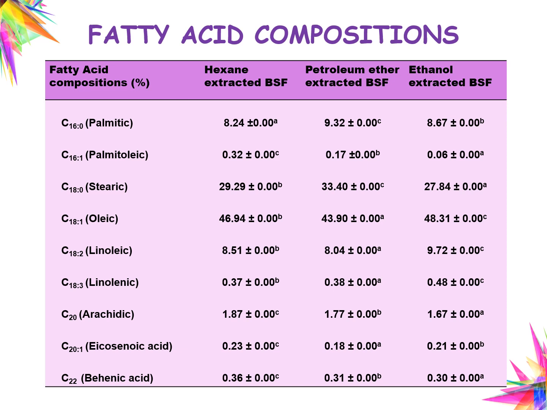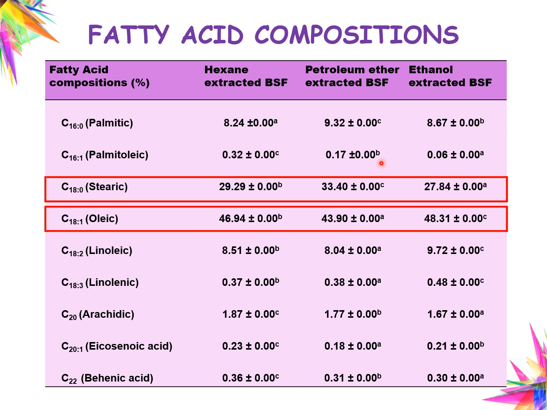Next, the fatty acid composition. This table shows the changes in the fatty acid profile for the extracted Bambangan seed fat. From this table, we can see that the stearic and oleic acid for the three extracts were significantly affected by the extraction solvent. And we can see that the hexane and petroleum ether extracted Bambangan seed fat has higher stearic acid,